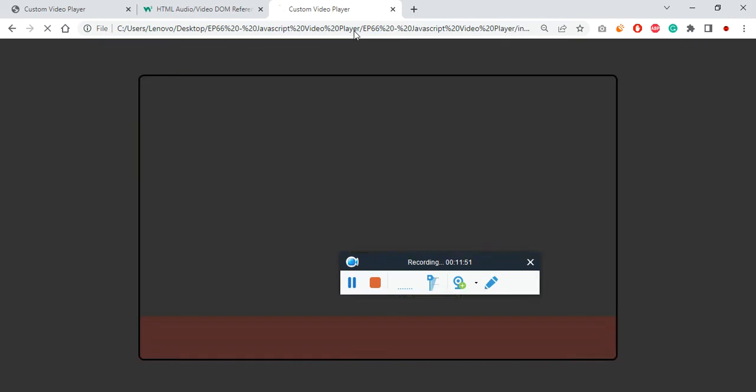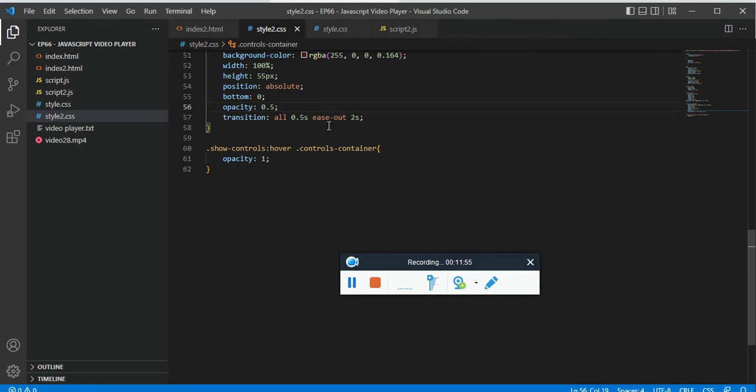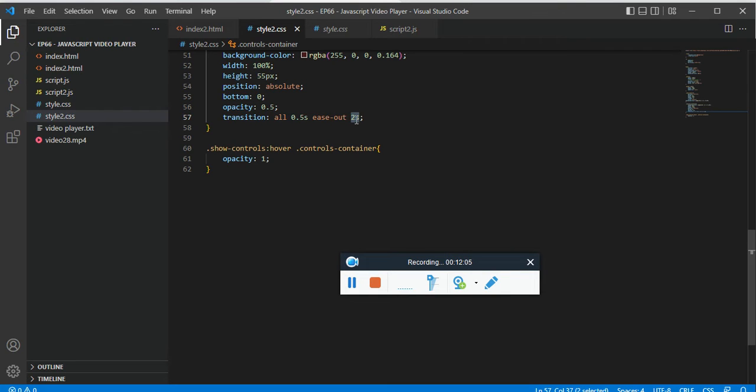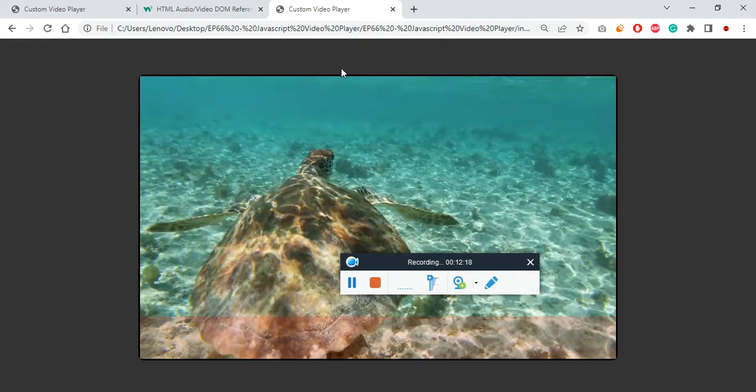Let me refresh this. So let's make this 0.5. If I hover on the show controls class, you can see it's happening. It is because of the 2-second duration. I can make this 1, but let me make the opacity as 0 and try it again. Show controls, hover on it. After 2 seconds, you can see there is a